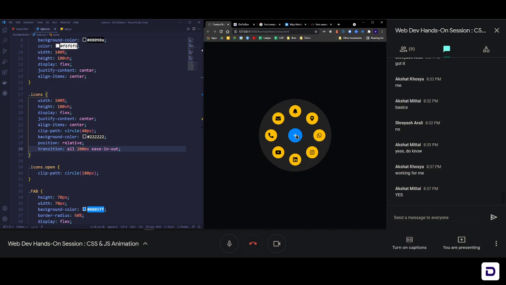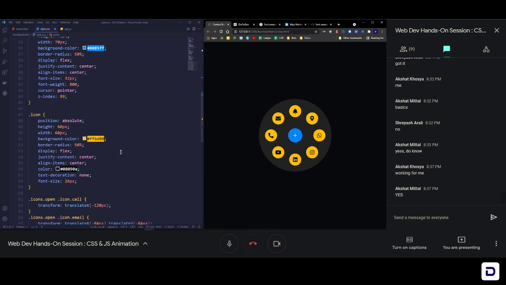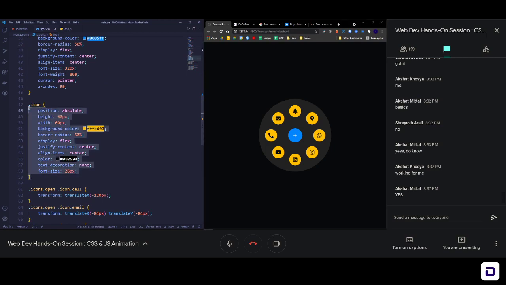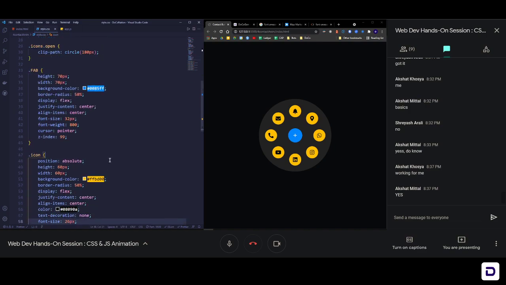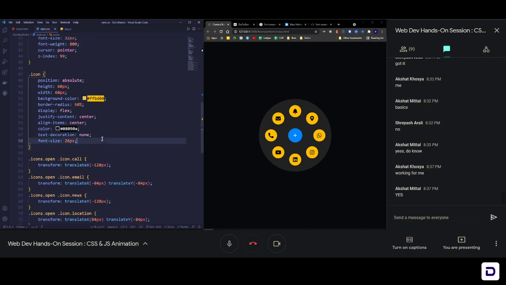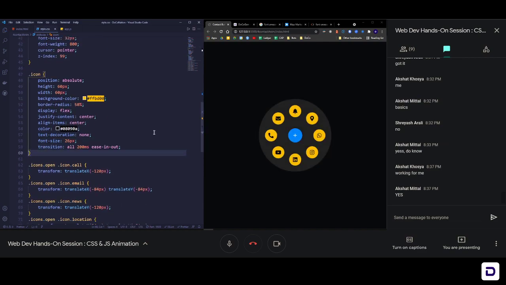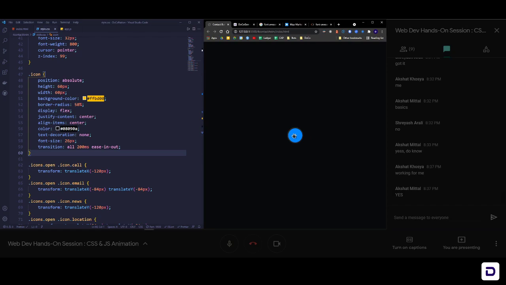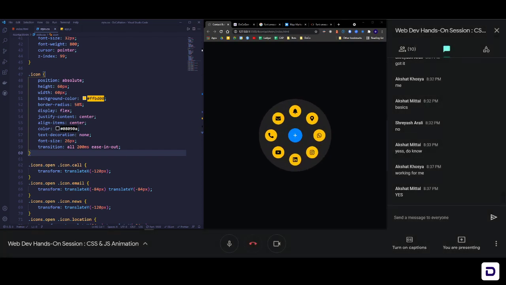And now what else is changing? Our icons are changing, right? They are coming from the center towards the endpoints. So we need to grab the centered part, and the centered part is basically nothing but the dot icon class, right? Dot icon class, that is the main class for this. So here again, let me copy the same thing. Transition all, 200 milliseconds, ease in out, and then drop it here, save it. Now if I close it down, you can see that it collapsed, and if I open it, you see that it goes. So now your whole animation is working.